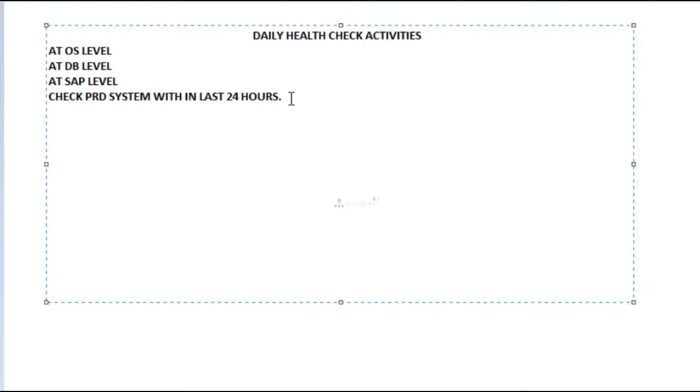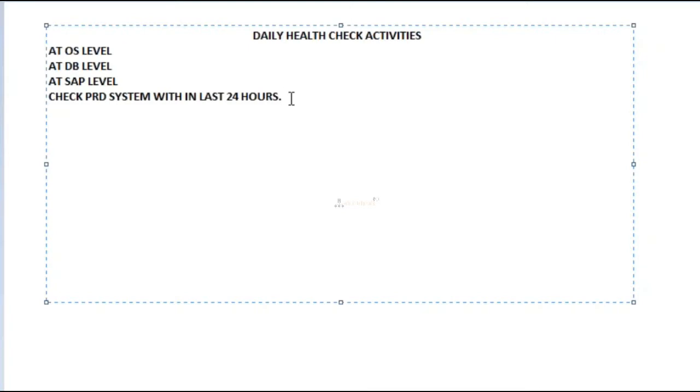Are there any long running work processes? Are there any log entries? So these are the various levels at which we can identify my system performance.